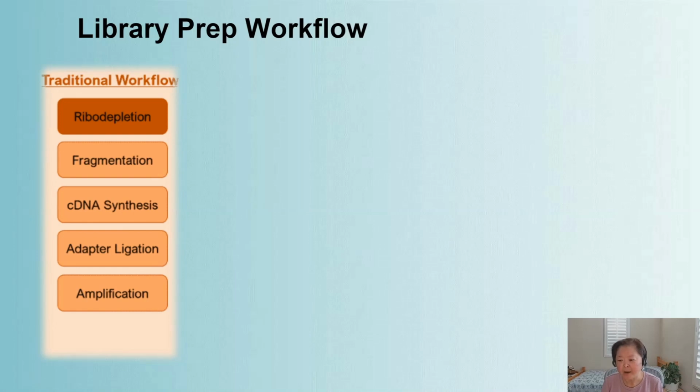The ribosomal RNA depletion requires lots of pipetting. So think about how much of the sample can be lost at the beginning. Also, the workflow requires at least 3 different enzymes: the RTase, the ligase, and the polymerase. The low sample quality can affect the performance of the enzyme. The biased enzyme produces transcription errors that produce incomplete libraries. With all of these limitations in mind,